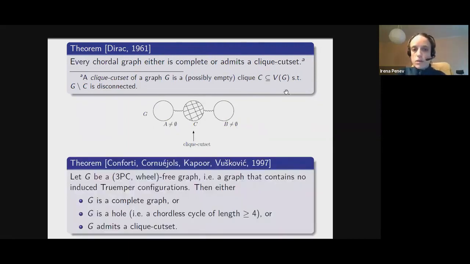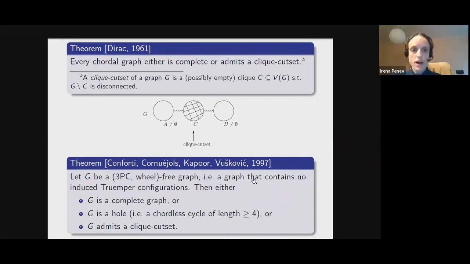Okay, now the next thing that you might ask is, can we somehow generalize this? If you look at the class of graphs that do not contain any Truemper configurations as induced subgraphs, then as a subclass, you get chordal graphs. So what happens if you look at this bigger class? So you do not have any Truemper configurations, again, as induced subgraphs. Well, you actually get a very similar